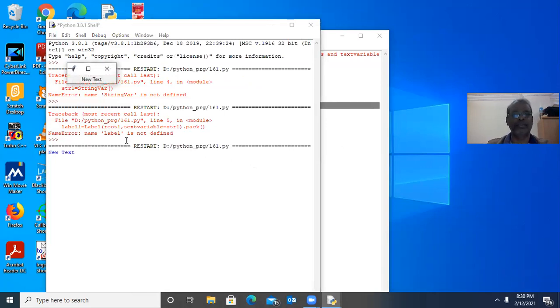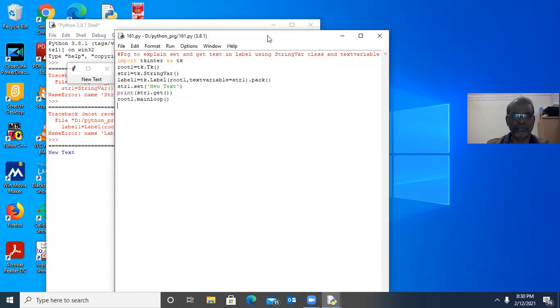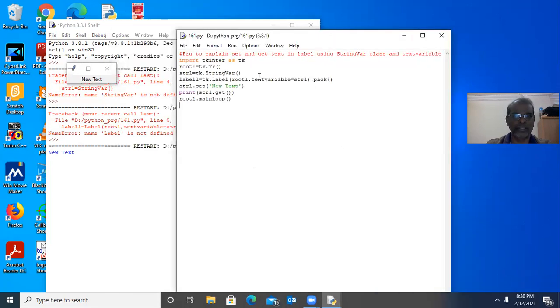Now it comes. I will explain the program now. It creates an empty string variable under string variable.